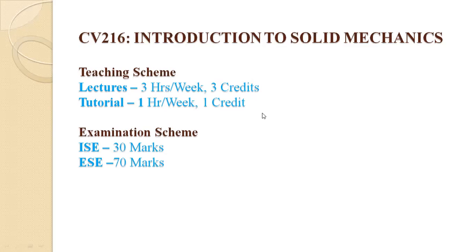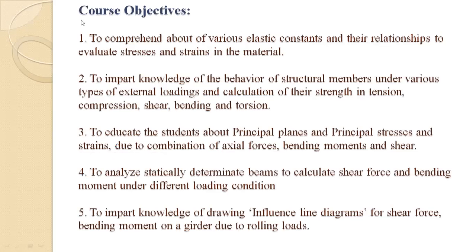After that, on the second page, write down the course objectives. There are 5 course objectives. I request all of you to write down all these objectives in your notebook. I will give 5 minutes to write them down. If your writing is over, let me know and I will move to the next point. Please write fast.